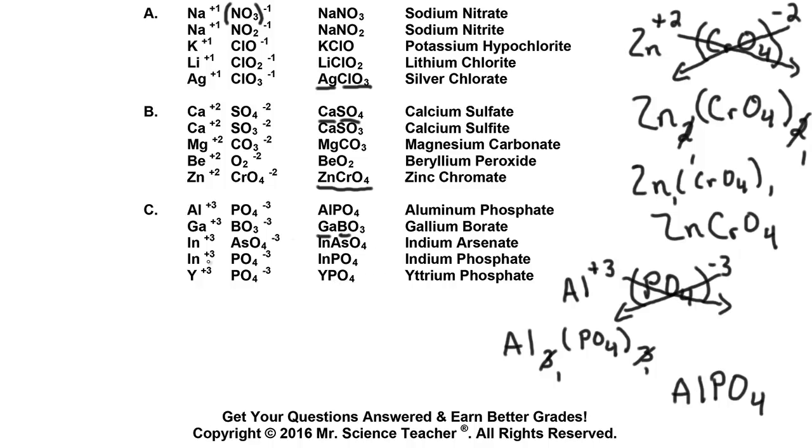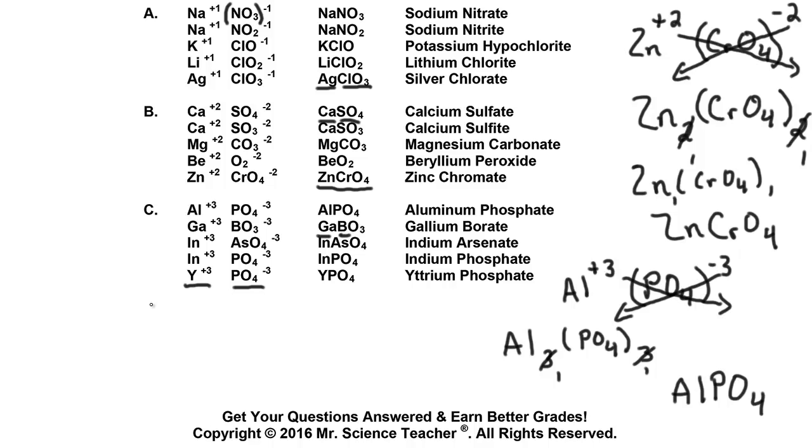All right, so we take our positive charge and we mix it with our negative polyatomic ion. And we follow this exact same rules that we did last week. The +1 -1 equals 0, the +2 -2 equals 0, and the +3 -3 equals 0. Pick any of the +1s, mix it with any of the -1s. Pick any of the +2s, mix them with any of the -2s. Pick any +3, mix it with any -3. Slap them together,